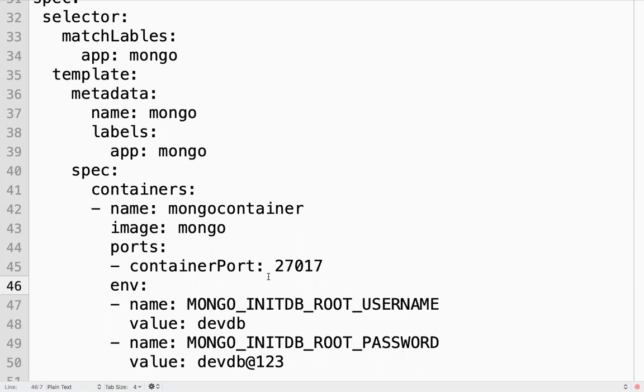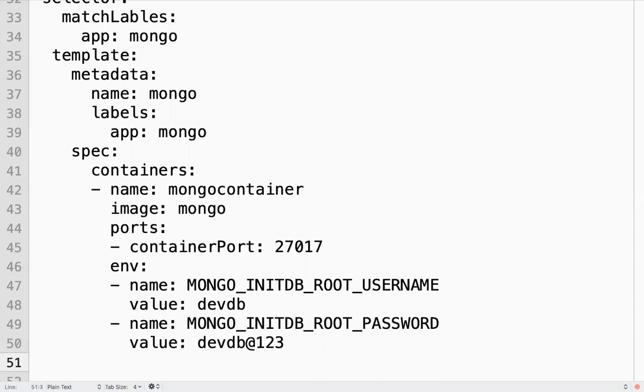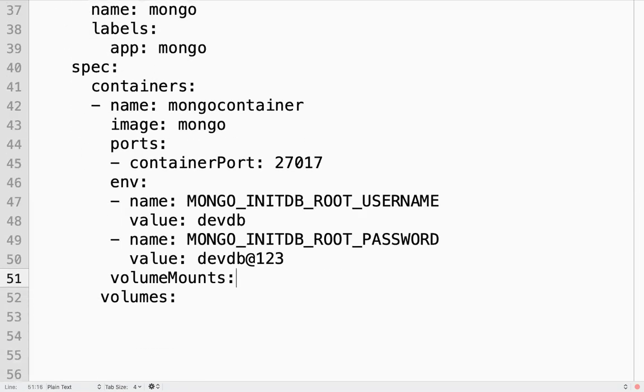Now volumes. So here, at a container level, what attribute are we using to map volumes, right? At a container level, you need to define volumes here, but at a container level, how are we mapping volumes? Volume mounts, right?